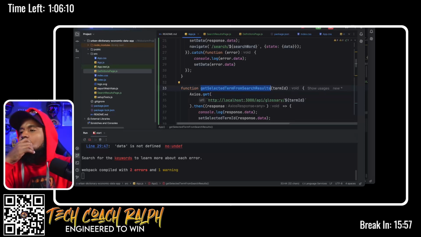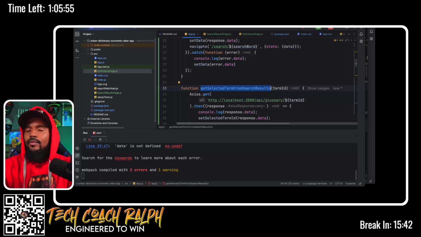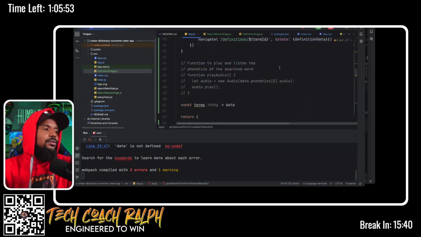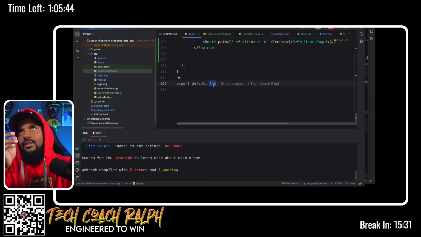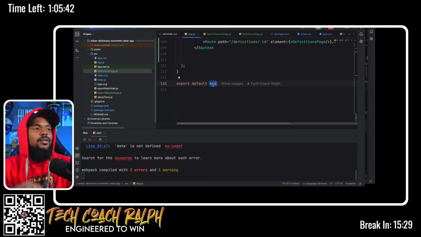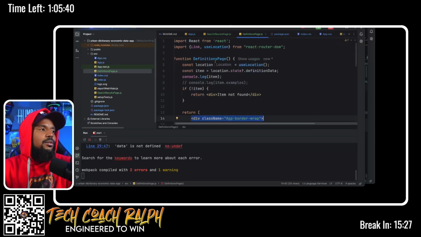All right, let me see. Define what function you want. So to make a function in app.js accessible in another JavaScript file in React, you can export the function from the app.js and import it into the other file. Can I do, let me see if I go to the bottom. Export default app. If I'm exporting the app, why wouldn't I be able to do, if I'm,